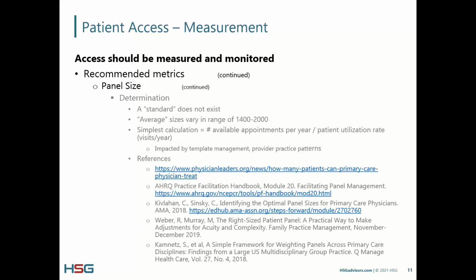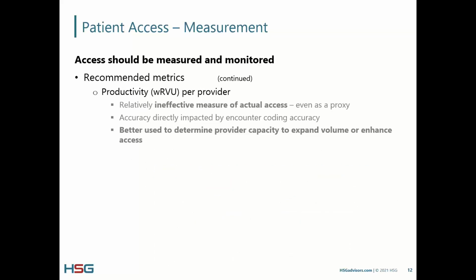Again, a standard size does not exist. The average size varies from 1,400 to 2,000. There is a simple calculation, but access itself is impacted by template management, provider practice patterns, and all the things we mentioned before. If you are in a capitated environment and want to look into all the things with panel size, these are various references that can do it. But again, measuring panel size does not necessarily measure access that the patients on the panel have to care with the provider. Ideally, if the panel is appropriately sized and based on complexity, access can be handled better, but it's not directly